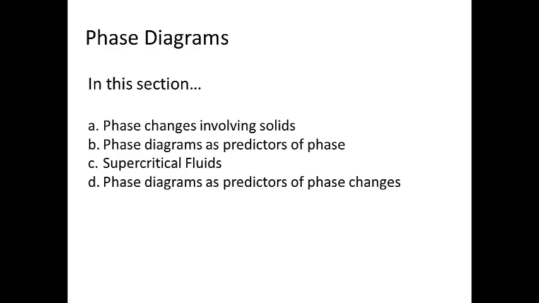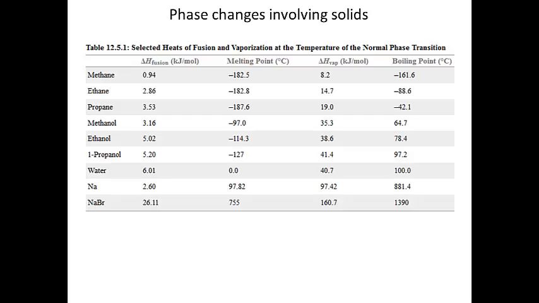And so let's start by looking at phase changes involving solids. We looked at those for liquids before, where we looked at vaporization for liquids. When we think about solids, what they do is they melt, and the enthalpy involved with melting a solid is called the heat of fusion. And so we look at the heat of fusion for a bunch of different substances, that is melting them, and their melting points. What we always see is that the heat of fusion is always significantly smaller than heat of